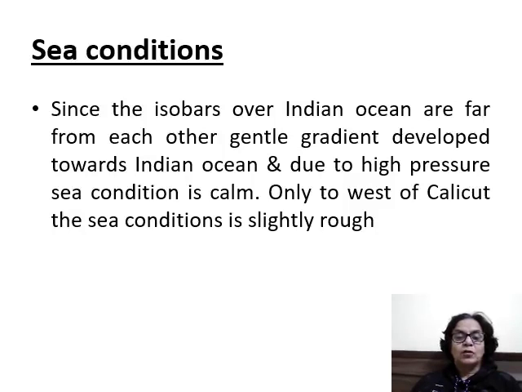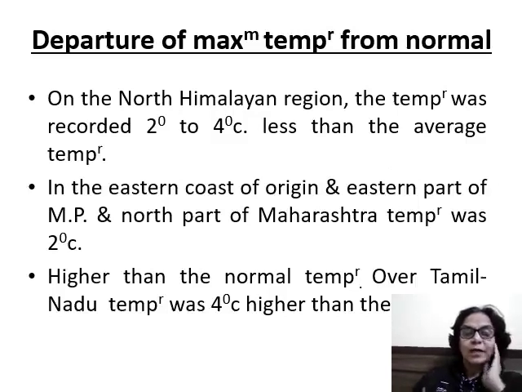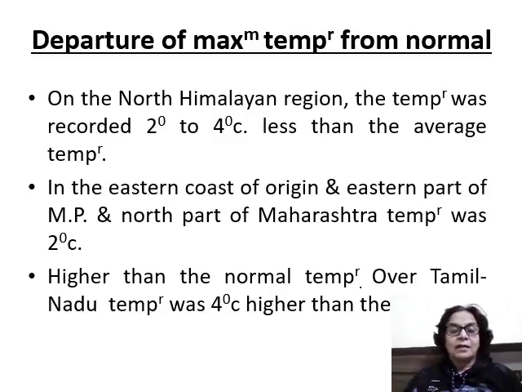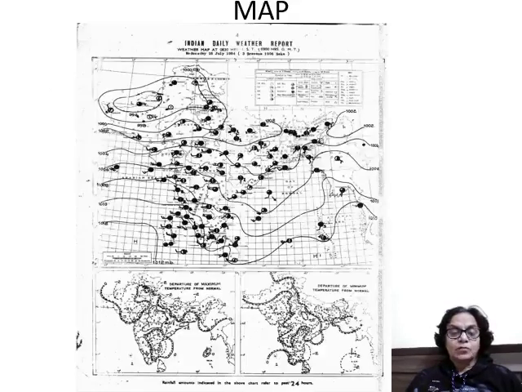Sea conditions also are not very much disturbed. You find calm seas. Only to the west of Calicut it is slightly rough. Now, these are the two things which sometimes are considered. What we consider normal is the average of 30 years, and on each day we can record whether the temperature has gone below this average. So, in some places the temperature was higher than the normal, like over Tamil Nadu, and similarly minimum temperature also at some places has been recorded more than the average. So these are the two temperature departures from maximum and minimum, which help in a more detailed understanding